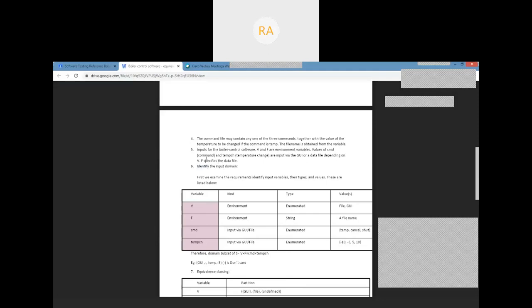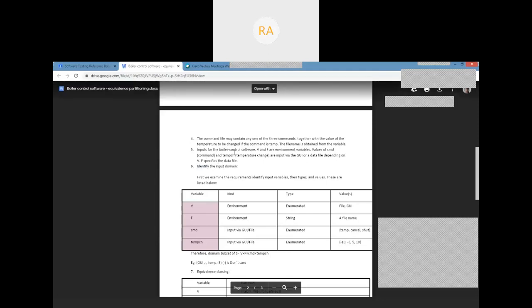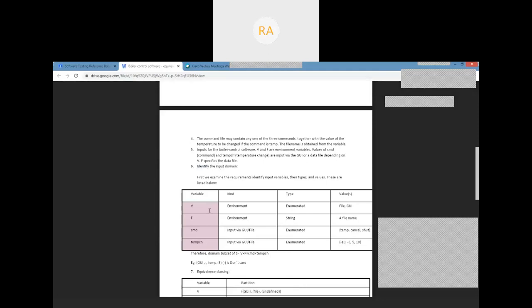Okay, I have in my boiler control software basically four input variables, that is V, which is an environment variable and which is of the type enumerated because it can assume two distinct values, that is it can read the values from the file or it can also read the values from GUI.